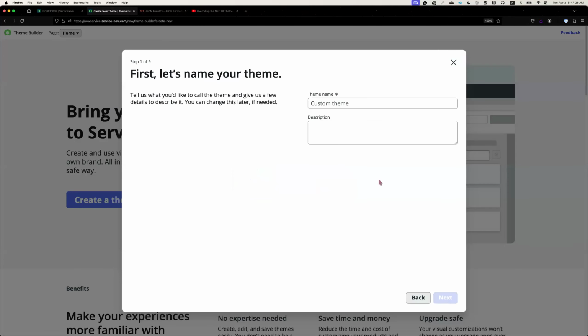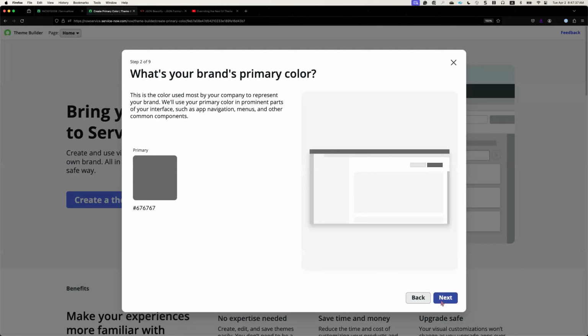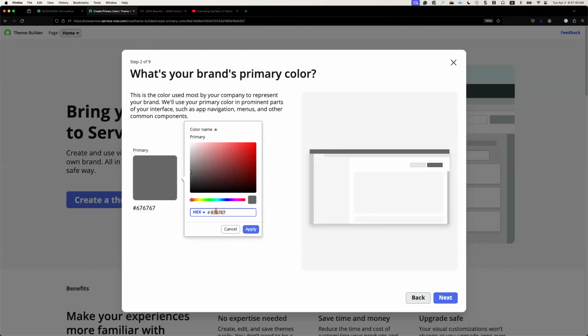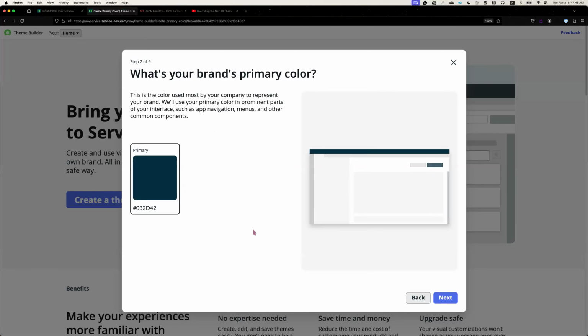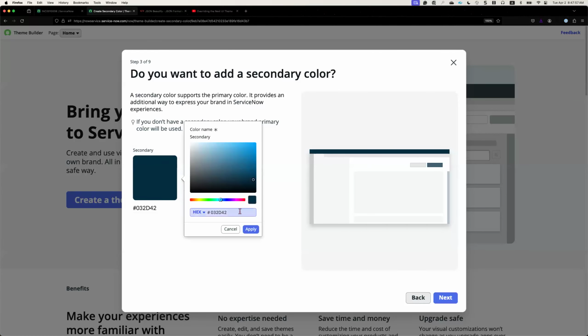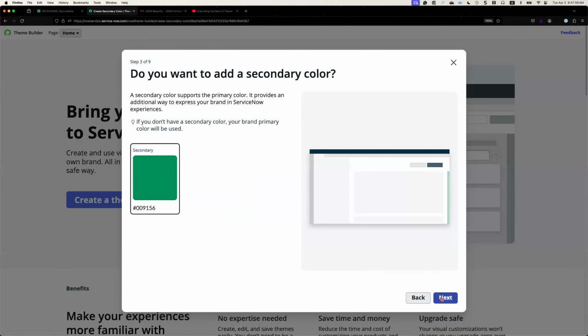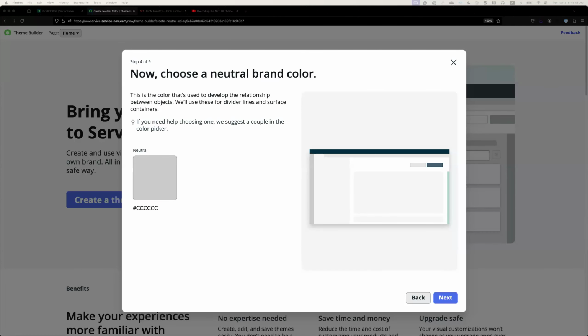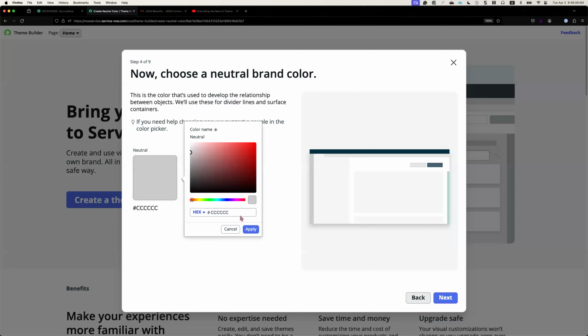And there's lots of YouTube videos out there on working with Theme Builder, so I won't go into too much detail on this, but essentially you have your brand's primary color, which is the more prominent one that appears on the top banner, for example. And I just have a series of hex values I've got on the side here. I don't have these memorized. Secondary color, that's for the scroll bars and whatnot. And then we have our neutral color, which